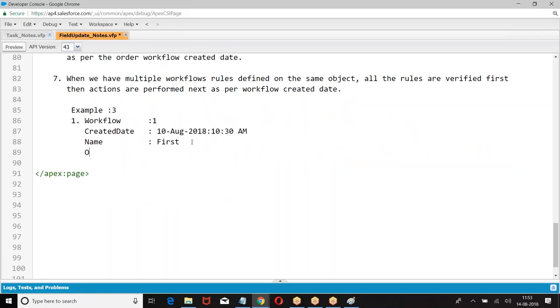Then which object, account. Action, choose from.